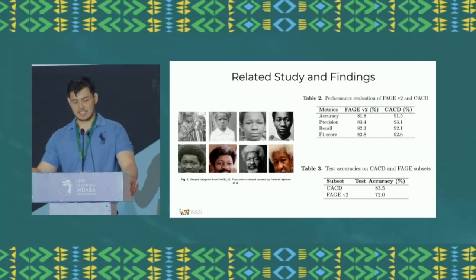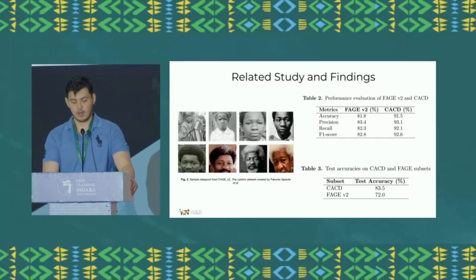They took this VGG-face architecture and trained it on a custom dataset of 5,000 images of indigenous African individuals. This was the FAG-V2 dataset. And another publicly available dataset that was more diverse, had people from America, Europe, Asia, and then Africa. This was the CACD dataset. When evaluated on their respective testing datasets, the model trained on the CACD dataset recorded a higher accuracy, as shown